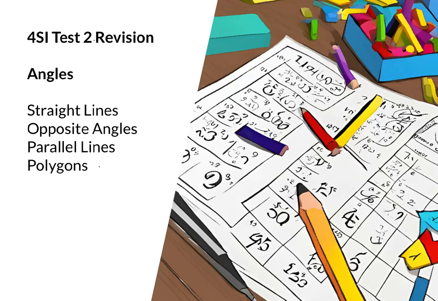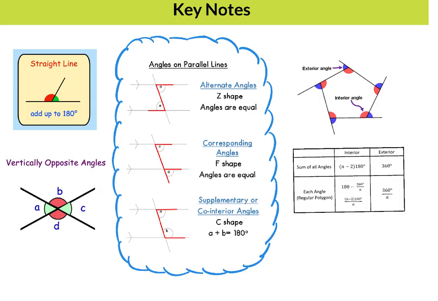Hi, this is the revision video for the second test of the year for category MSI, and it looks at angles, straight lines, opposite angles, parallel line rules, and angles involved with polygons. Hopefully you've had a look at the questions and had a go at them first before watching the video and looking at the solutions. So the key parts of this unit are angles on a straight line add up to